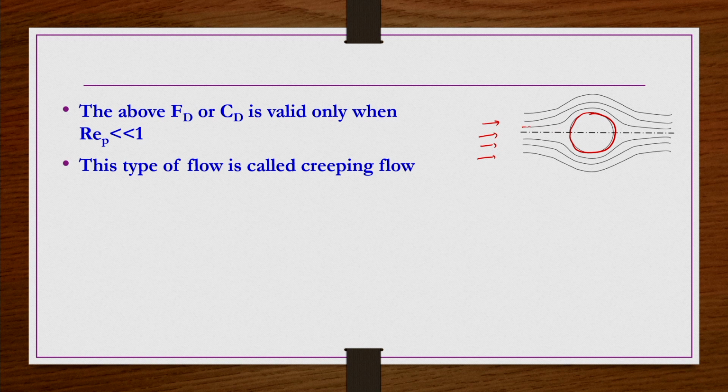So, there will be a kind of symmetry we can see here. Now if you cut this surface like this, whatever streamlines you see on the left-hand side, the same streamlines, the same path lines, you can see are exactly mirror images of each other. Also, if you cut in the horizontal direction, whatever streamlines are at the top will be exactly at the bottom also, without any kind of deviation.